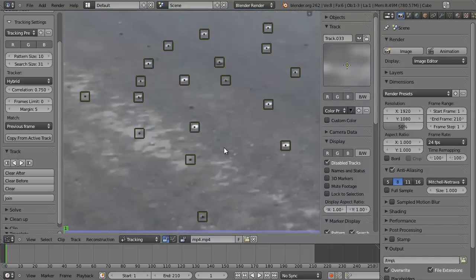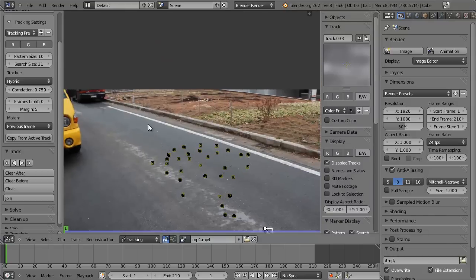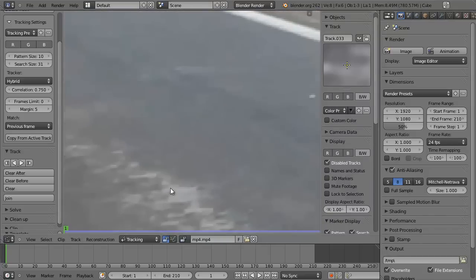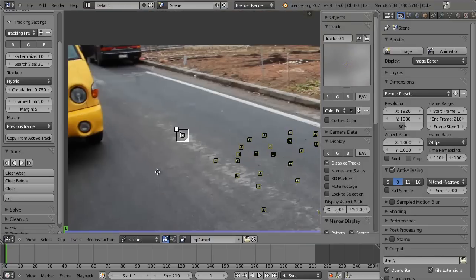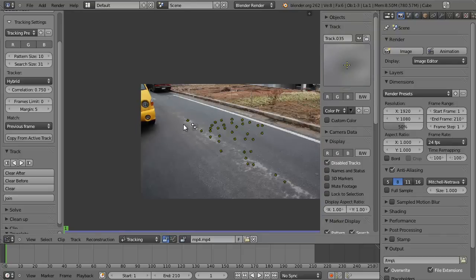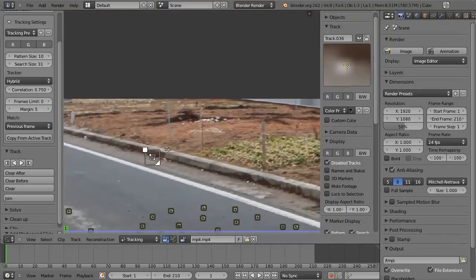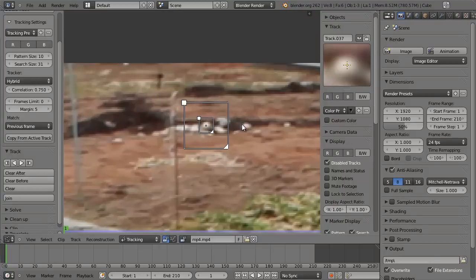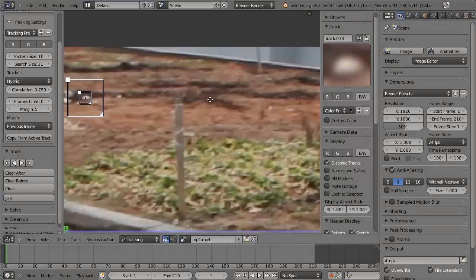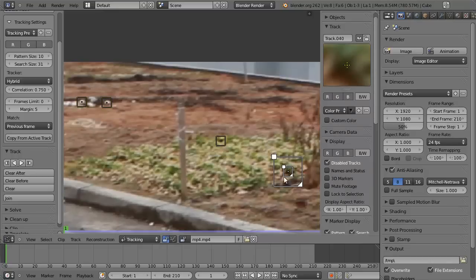Anyway, the whole point of this is to get some areas that are in the foreground and some areas that are in the background. Sometimes you can get it with just a few markers, sometimes you have to use more. The more markers you use, and the more you have a mix of background and foreground, the better the overall tracking for the scene is going to be. So I'm now just going into the background here, dropping in a few markers over near these cabbages, I guess,